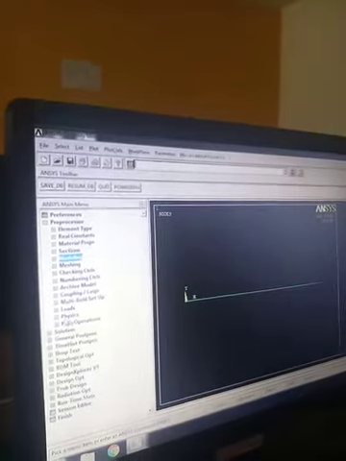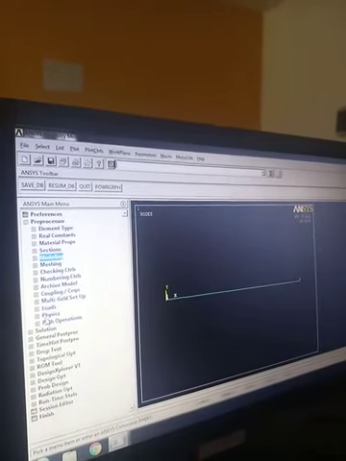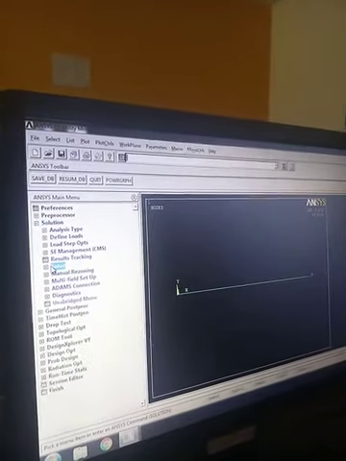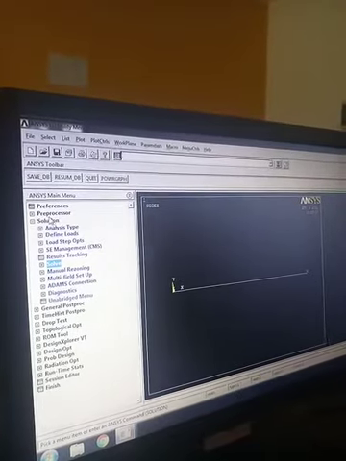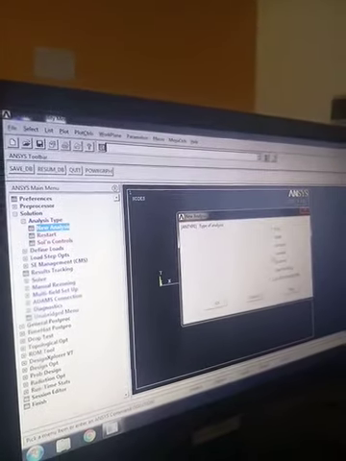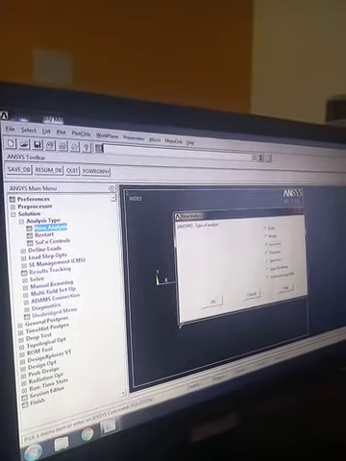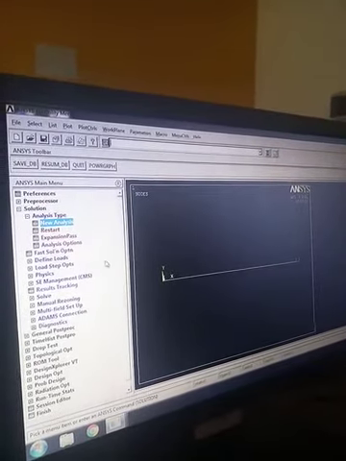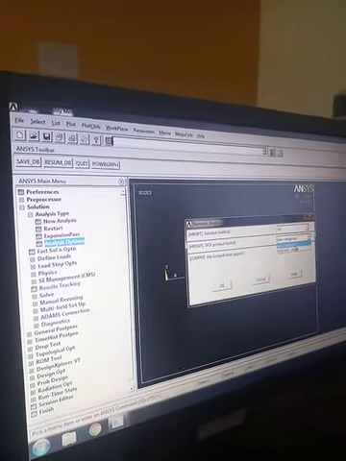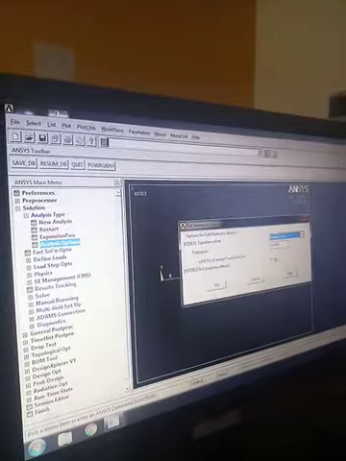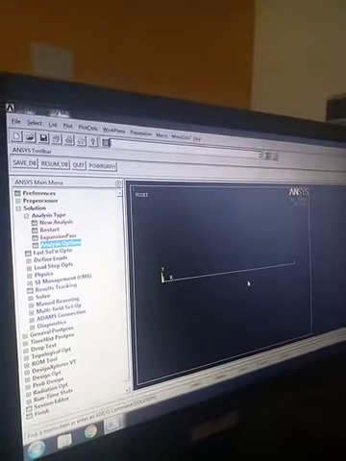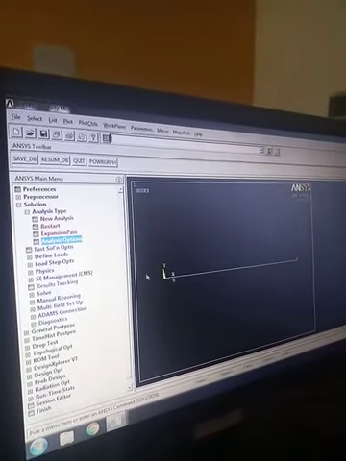Then go for the loading condition. Before going to the loading condition, first we will go for Solution. In the previous problem, first you had taken all DOF, then you went for solution. Here, at the first itself, we will go for Analysis Type, New Analysis, and we will go for Harmonic analysis. Then OK, we will go for Analysis Options. We will get full, real imaginary. Okay, it is real imaginary. Go for OK. Then you will get this one. Then give it OK. No need to change anything in that, which I have given in the question also.